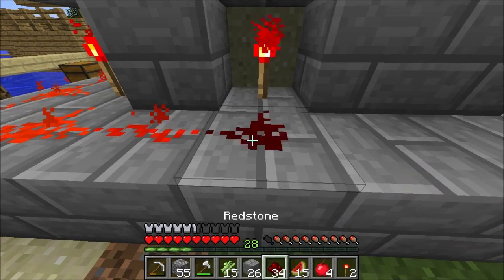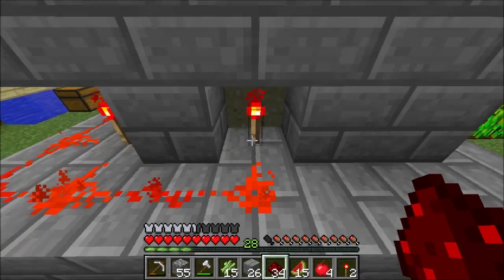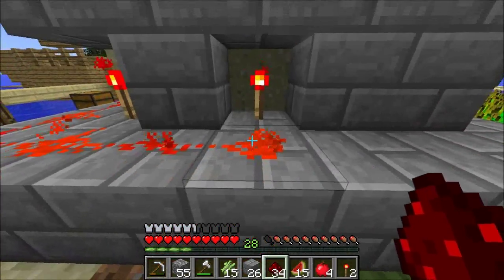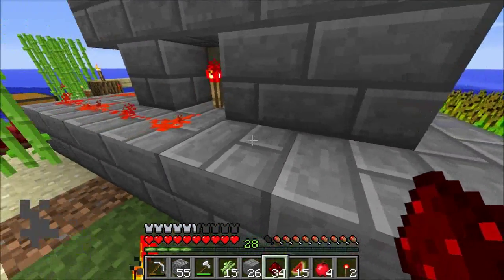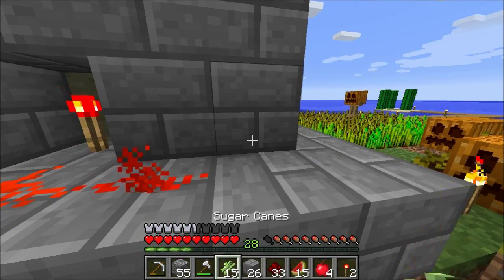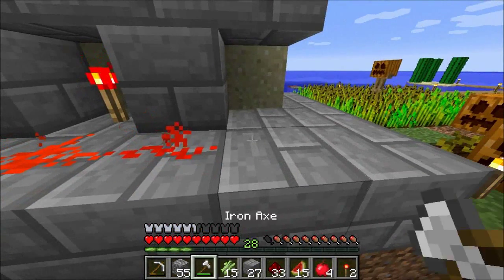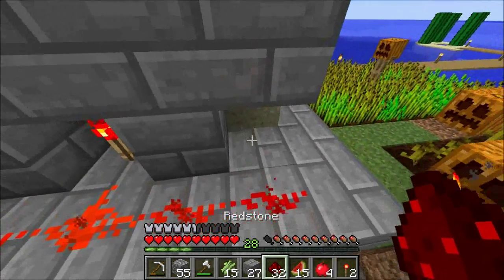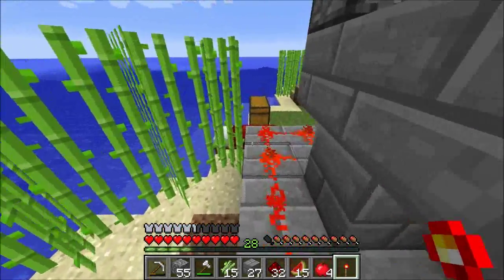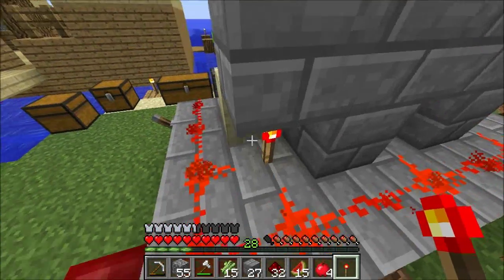Obviously, I'll need... Wait a moment. Oh, because the redstone torch is lighting that rather than the other way. So I am going to have to obviously find a way for the redstone torch to... Okay, I need to turn that into a proper gate. Okay, so now in order to turn that into a logical gate...